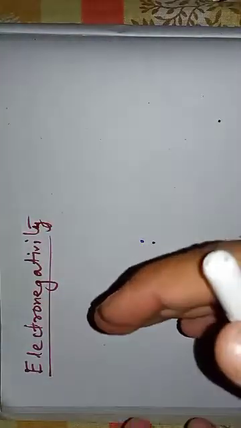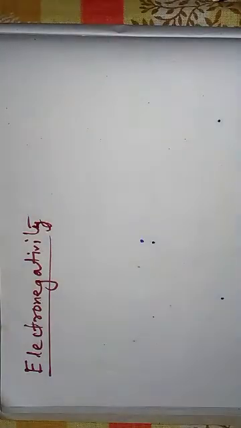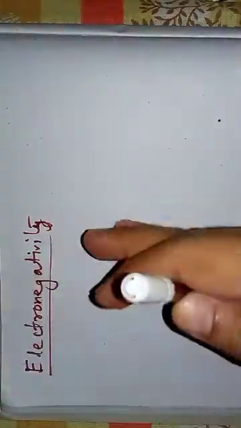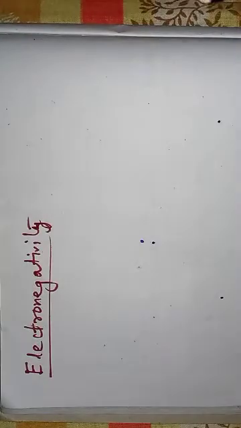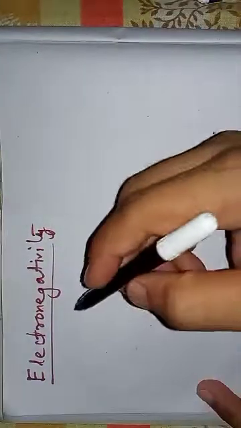Okay, my dear students, so now we will be discussing the last periodic property in the list, that is electronegativity. Electronegativity, although it sounds and seems quite similar to electron affinity, which we just understood, is quite different from that. Electron affinity is an amount of energy, while electronegativity is the tendency. It's not an energy, it's the capability.